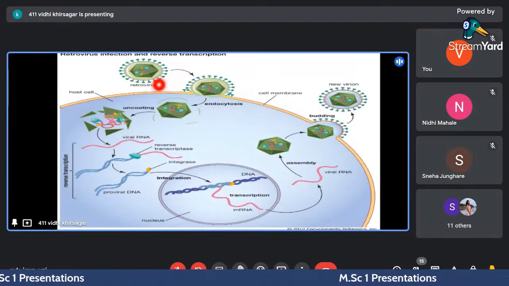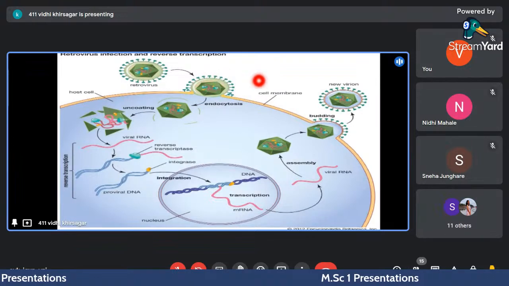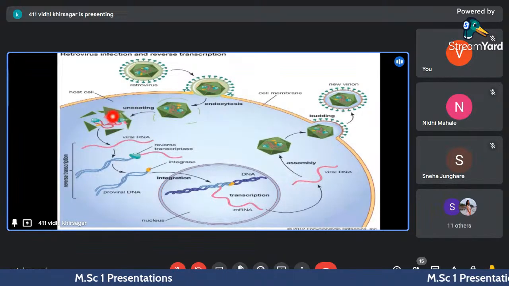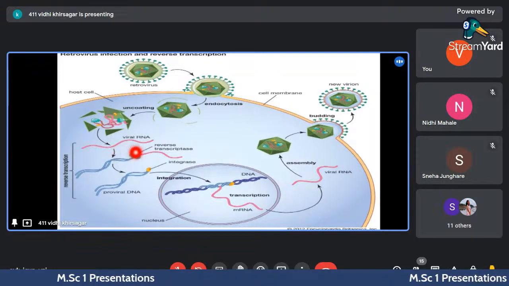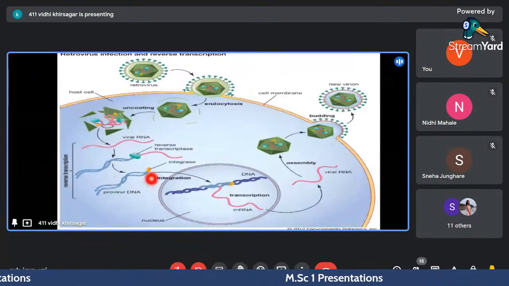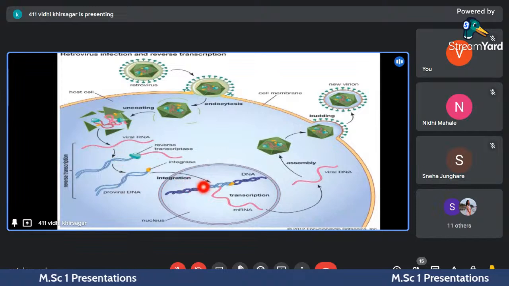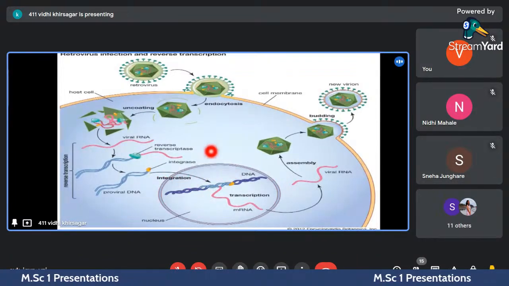As the retrovirus infects the cell, the envelope covering the capsid layer is left behind during the infection, and the capsids enter the cell. Then uncoating occurs. After uncoating, the viral RNA is released. This viral RNA is converted to proviral DNA with the help of the enzyme reverse transcriptase. This proviral DNA is then integrated into the host cellular genome with the help of the enzyme integrase, and the integrated